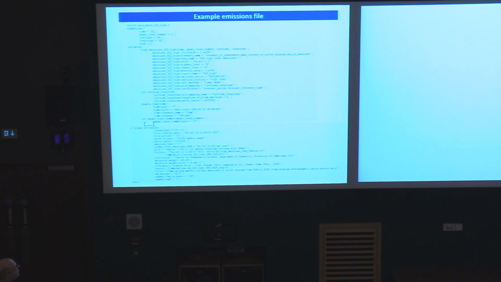So these are SO2 emissions from specific sectors that are being lifted up particularly. This is not the entire SO2 that goes into the model. And here, global attributes, as I said, you can add as much as you want, but you must have update type and update frequency. If you want to be CF compliant, then you need to add a few others as well: institution is required, source is required, a title is required, a reference should be included. The reason why we add these is to help people who might get hold of your emissions file and want to know what's actually in there.